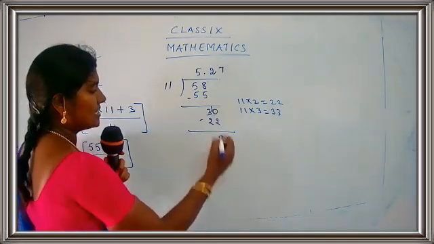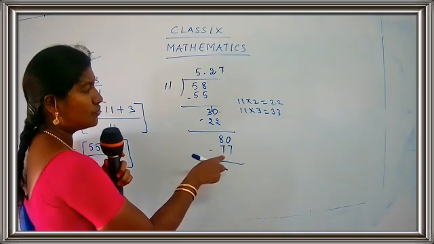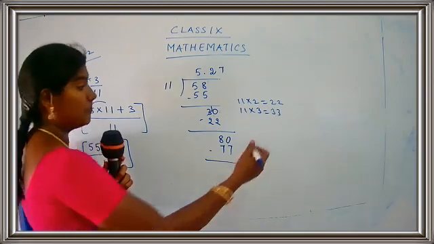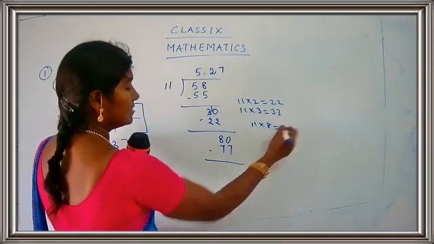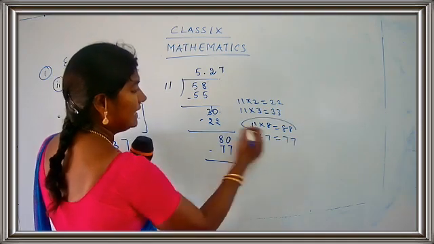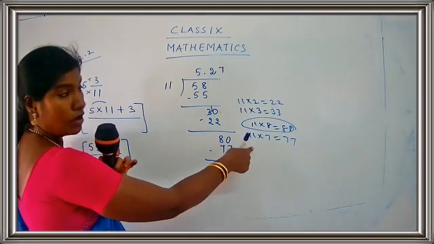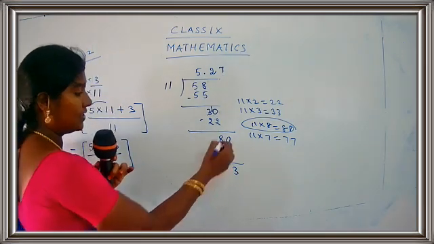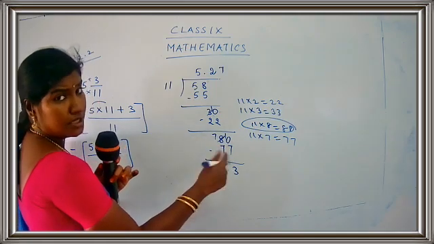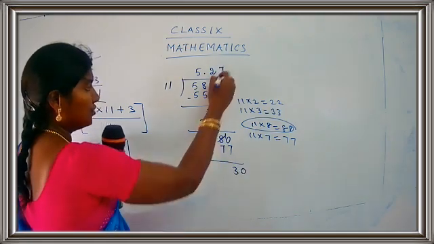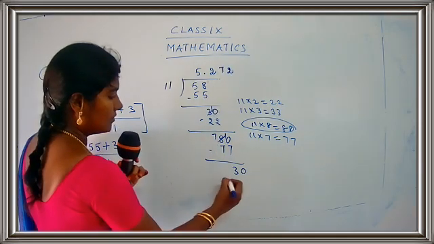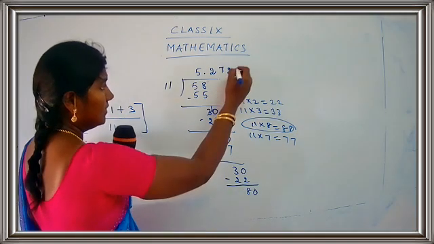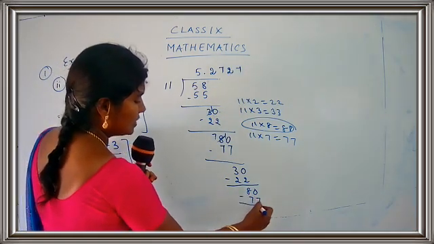11 sevens are 77. Closest to 80 is 77. Then you have 99. No, we have 88. Yes, 11 eights are 88 and 11 sevens are 77. So 88 is a bigger number, so you have to take the smaller number. So 11 sevens are 77. 80 minus 77, that's 3. Then I put 0 once again, and I get 2 again. 11 twos are 22. 8 again. 11 sevens are 77 and so on.